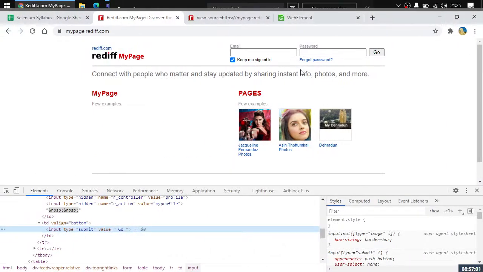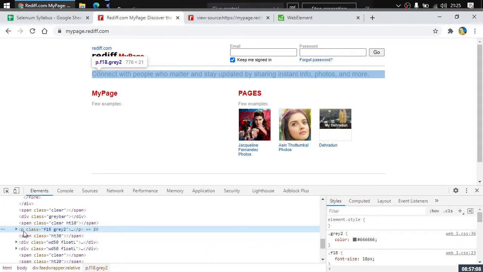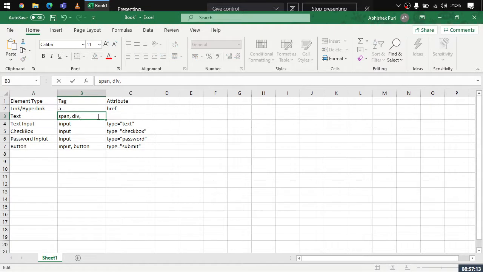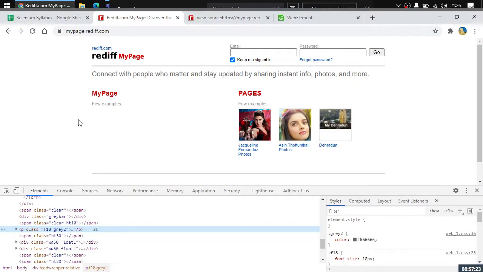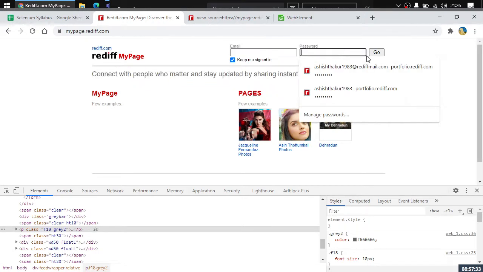Next thing, we are done with links, we are done with simple text. Let us analyze the text once. Here you can see that it is represented with one more tag as well, that is the paragraph tag that I missed out, right? So plain text can be represented with multiple different types of tags. The major ones are div, p and span, but there will be a lot of other things that you may encounter sooner or later, right? So here we got this particular text, we got this URL, we got this text box, we got this password field, we got this button, we got this checkbox as well, right?